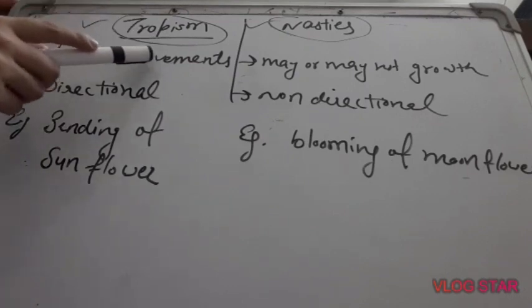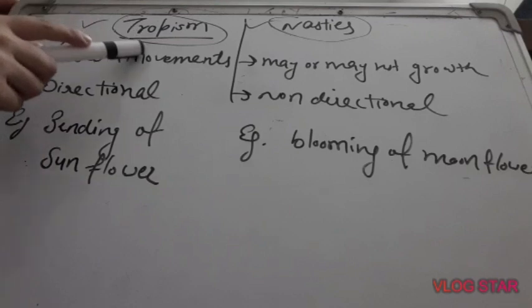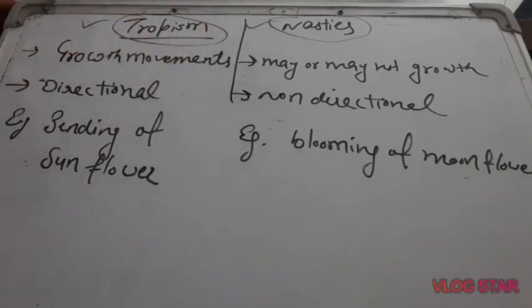Accordingly, tropism can be of two types: positive and negative tropic movements. And nasties is just the response of a plant to stimulus. Nasties is movement of plant parts in response to any stimulus. So they are not positive or negative. Only tropic movements can be positive or negative. Why can nasties not be positive or negative? Because any movement becomes positive or negative if it tells us the direction of stimulus.